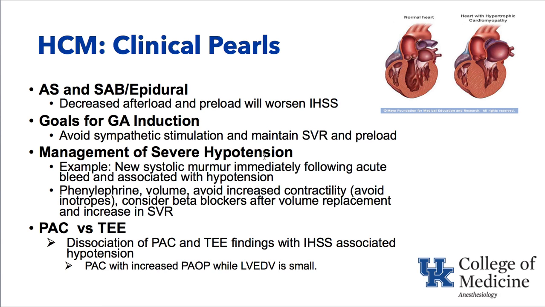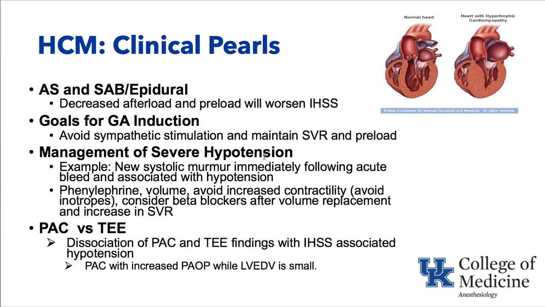One of the interesting things is there's a dissociation between the pulmonary artery catheter findings and TEE findings in patients with HOCM. Basically just think this: if you have a PA catheter in, what it's going to tell you is that if you have LV outflow tract obstruction, the pressure's high in the left ventricle during systole, you're going to see that pressure, and you're going to measure pretty high pulmonary artery pressures. You're going to say, oh, they're hypovolemic, or they have a failing heart, and you're probably going to do the wrong thing. You're going to add inotropes, which would be a really bad choice,